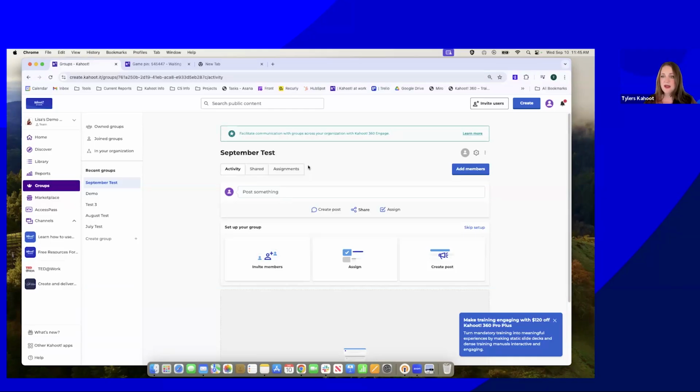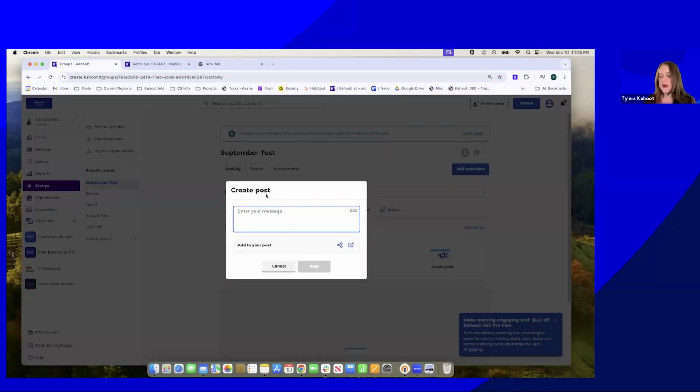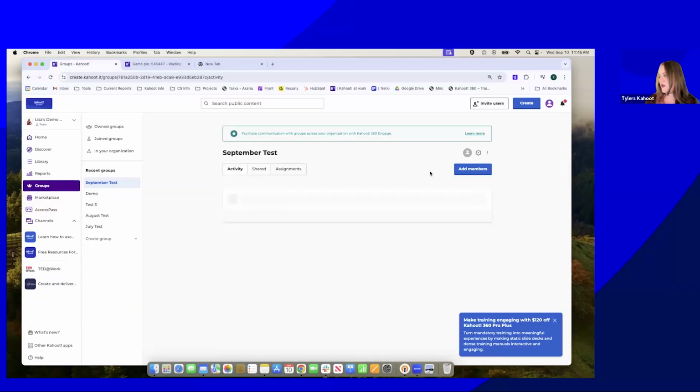As a rule of thumb, I like to share a quick message first before I invite people. That way I don't forget, and people don't join my group and wonder, what in the world is this group for? Why did you add me to this? So I usually do a quick welcome, and then I'll type out a little bit about what the group is about and my purpose for creating it. I'll just do welcome for now